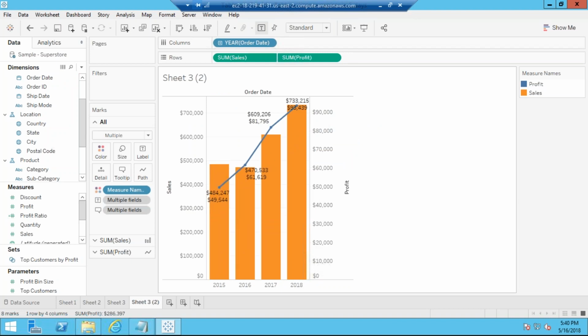This is called trend analysis. So you might be asked to create a trend analysis. This is what you have, trend analysis. Here you have sales and you have profit, and how your profit is moving. This is on a year basis. If you want to see year and quarter, just expand this. So click on that.